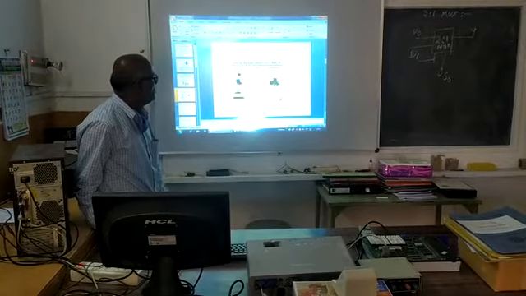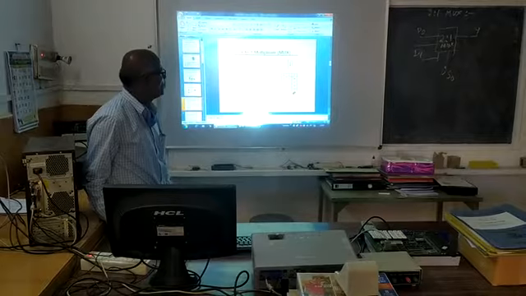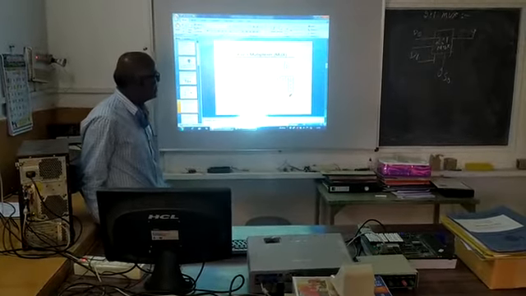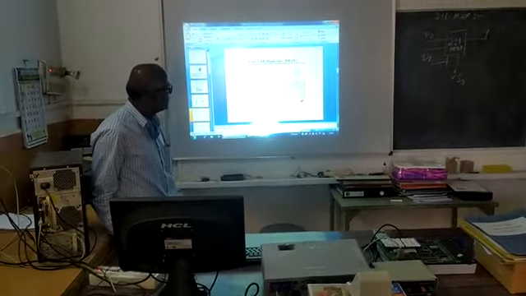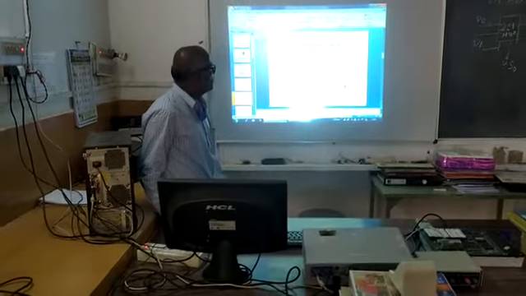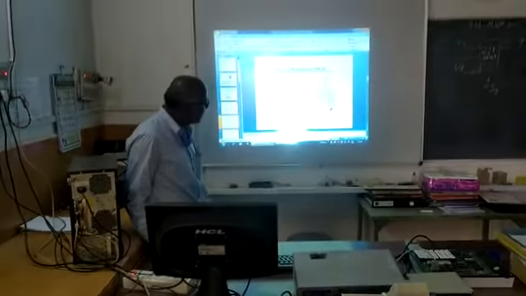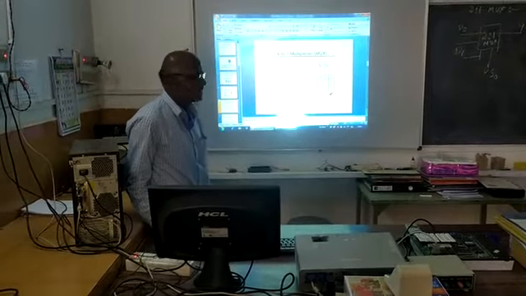So we can go similarly for a 4:1 multiplexer. In the previous discussion, in the case of a 2:1 multiplexer, the data inputs are D0 and D1. But here, in the case of a 4:1 multiplexer, the data lines are D0, D1, D2, D3.